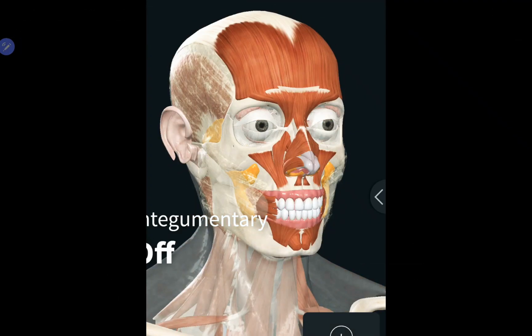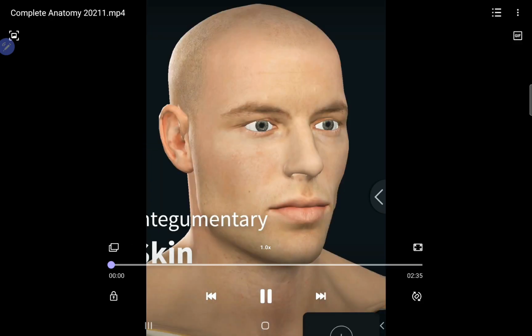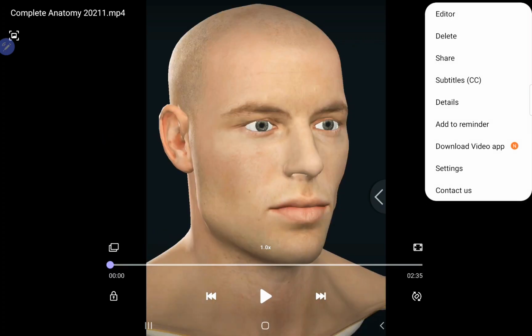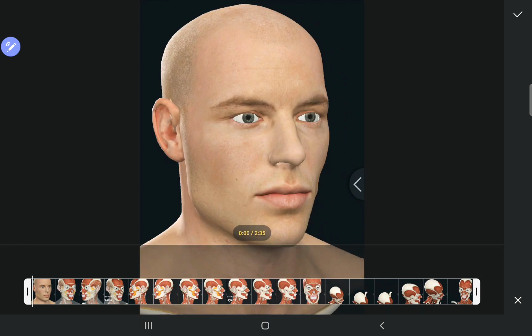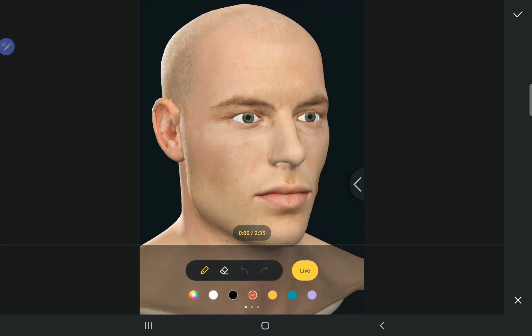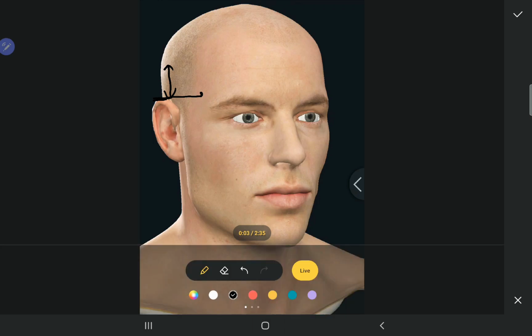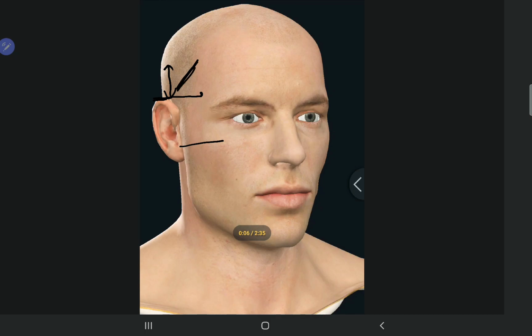So guys, you can see over here we have got the skin. Once we reflect, do the incision in the skin. So where are we going to give the incision? For the Gillies temporal approach, we have to go above the helix of the ear. First thing we do is we shave the head, and then we go 2.5 centimeter above the helix of the ear, 2.5 centimeter lateral. Say this is the zygomatic arch, we go 45 degrees to the zygomatic arch like this. We make an incision like this, we reflect the skin.